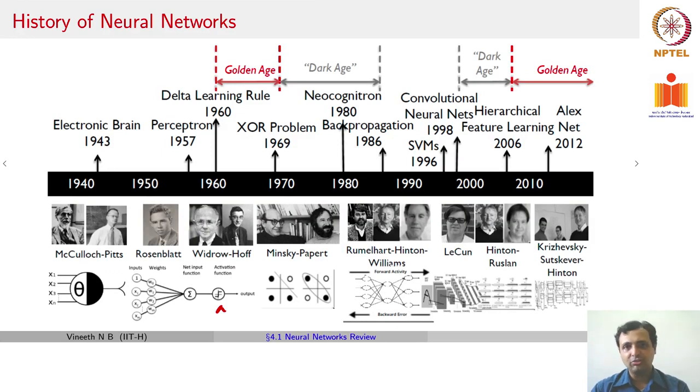To start with the history of neural networks, the history of neural networks is perhaps older than the history of computing itself. It started in the early 1940s when two researchers, McCulloch and Pitts, worked on developing a computational model of the human brain and being able to use that model to simulate simple functions such as logic gates. Later in the 1940s